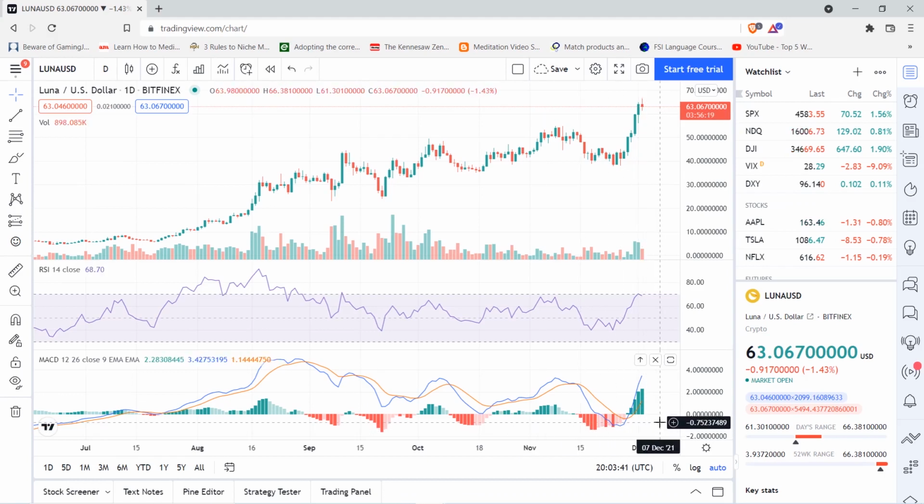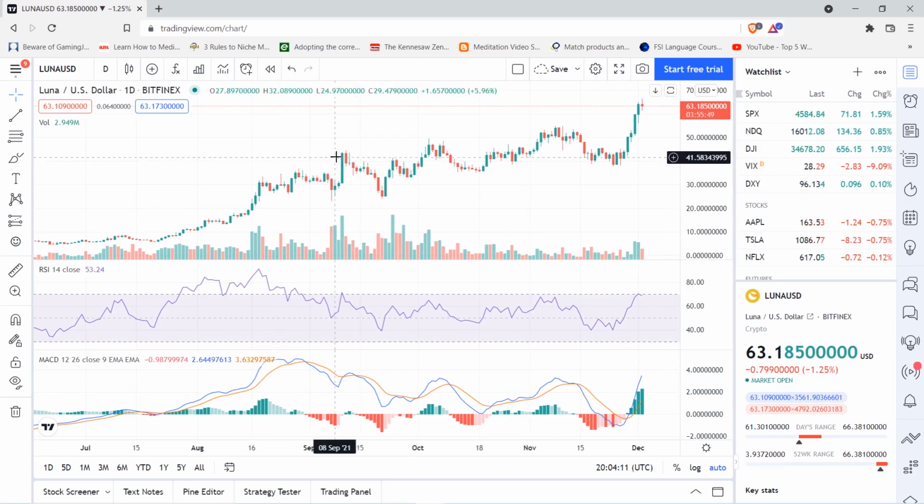This one is the MACD, a momentum indicator, which is what I was wanting to show you specifically. When this blue line, the MACD line, crosses over the other line, the signal line, it means it's time to buy. And these bars tell you how high it could go. So right now, it's maybe one more bar or 2 bars more, and then it should drop in price unless we see a big uptick in the general market.